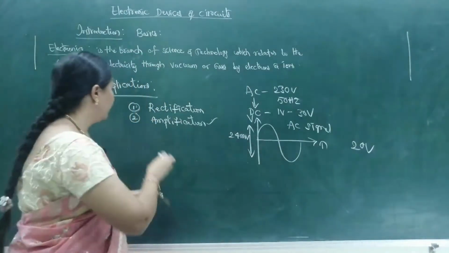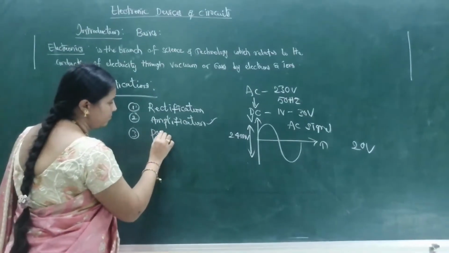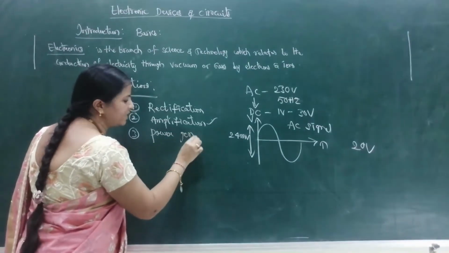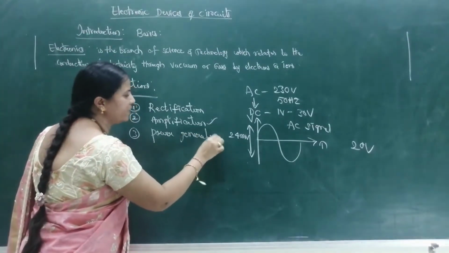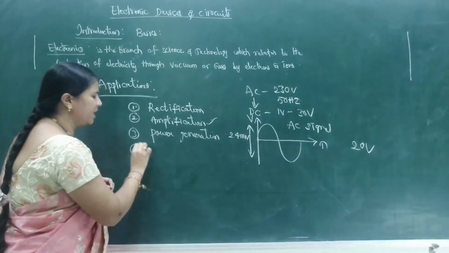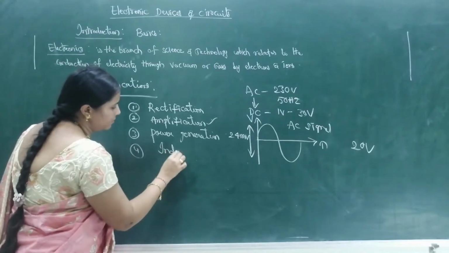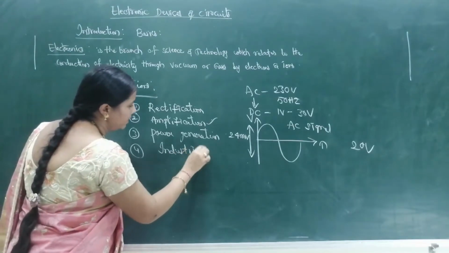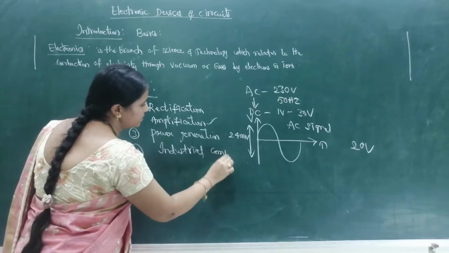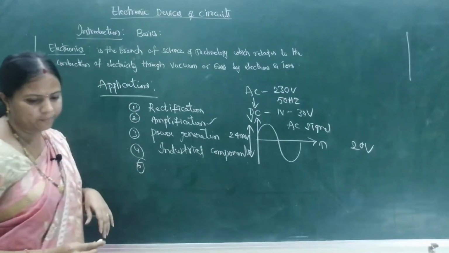Next application is power generation. To generate power also, we have to use different electronic devices. Next, we can use the electronic devices or electronic components in industrial components also. Industrial elements lo, industrial components lo use cheyochu. Inka